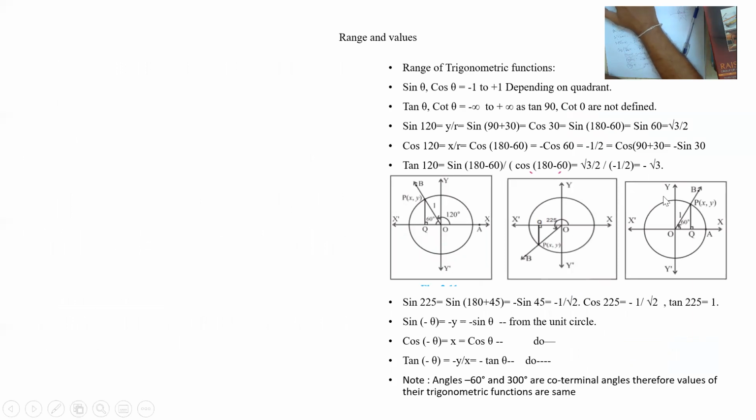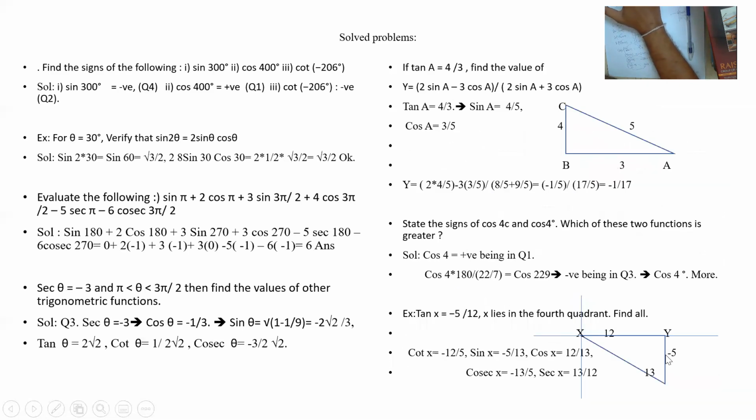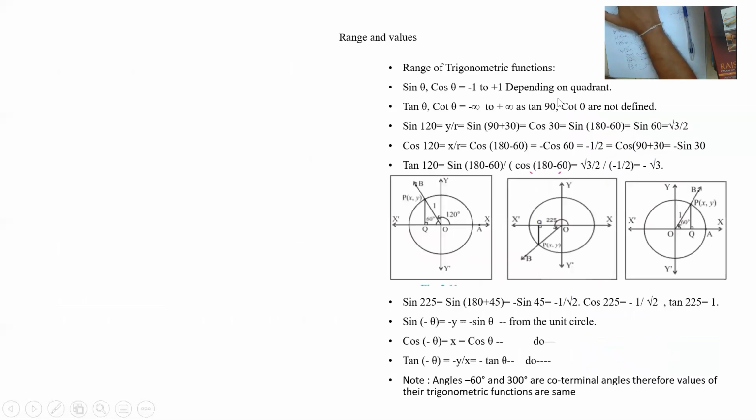Let us understand the range of trigonometric functions. What is the range of sin theta and cos theta? Either it can be +1 or it can be -1, or in between. It cannot cross, because the opposite side cannot be more than this, and the adjacent side cannot be more than this. In the third quadrant, second quadrant or first quadrant, it is either plus or minus, that's all. But it cannot cross more than this. So plus or minus 1 is the limit.